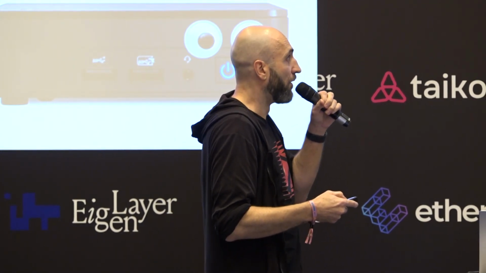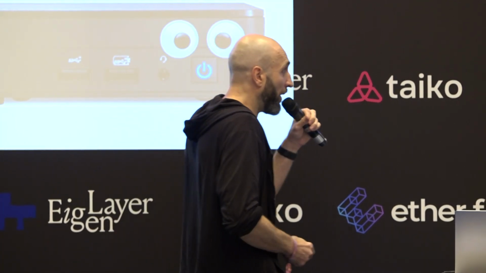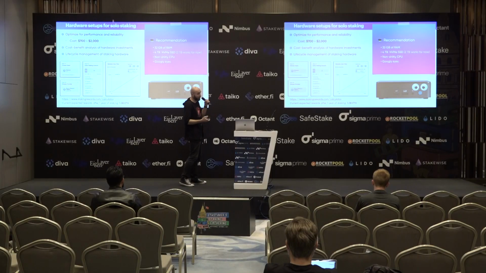So my recommendation would be to go with 32 gigs of RAM and 4 terabytes. 4 terabytes is probably overkill from today's point of view, but if you don't want to upgrade in a year or a little bit more, then I think 4 is reasonable. For now, 2 terabytes is also enough. CPU is not that important as long as it's not some bad stuff from a few years ago. And googly eyes, because googly eyes are good for everything, and it just looks better if you have them. So that's the recommendation. You don't need to do it.